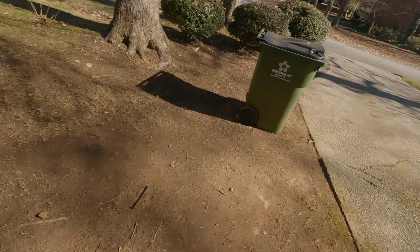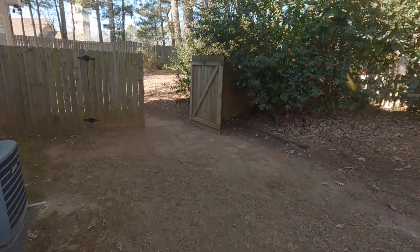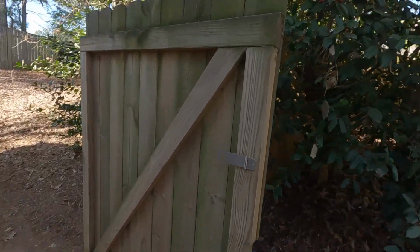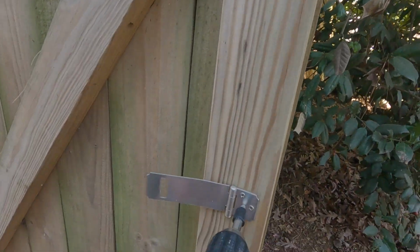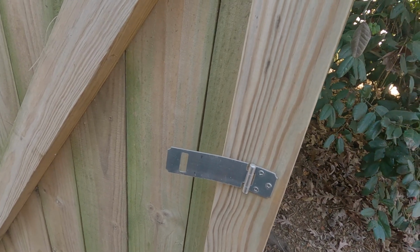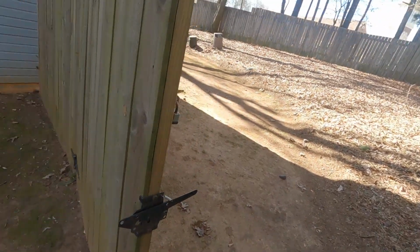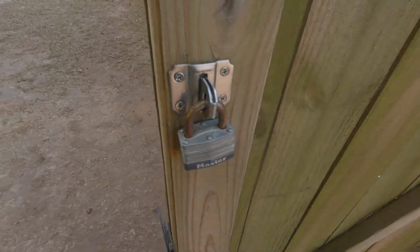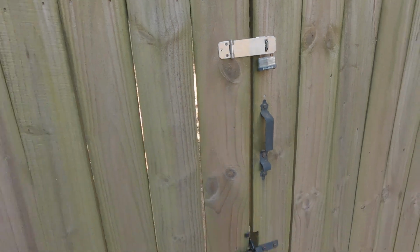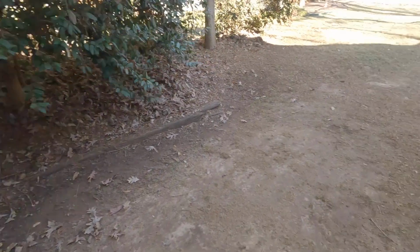All right, guys, I'm all set with this property. Just a light leaf cleanup, but what I'm doing is I'm trying to streamline my business, so I'm switching these around to the front. That way the customer can give me a key. So I'm trying to save some time. All right, switched her over to the front, so now when I have a key I can get into the back easier